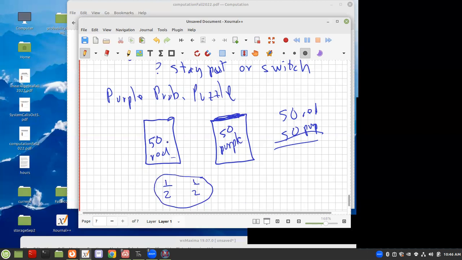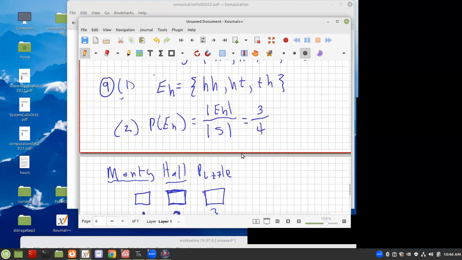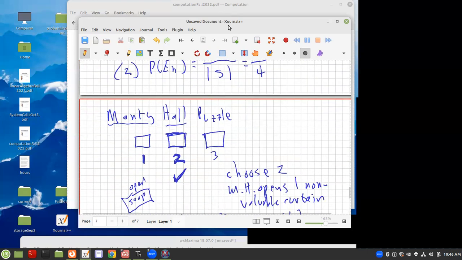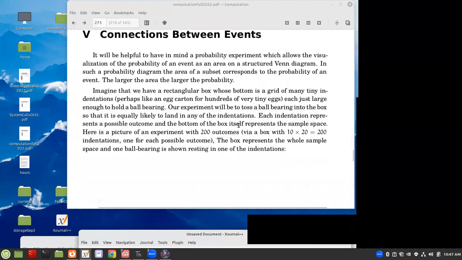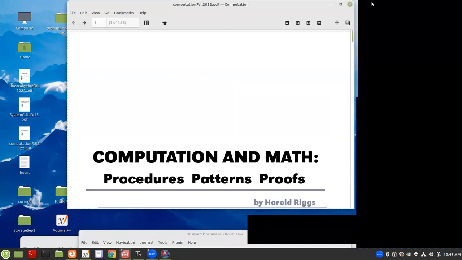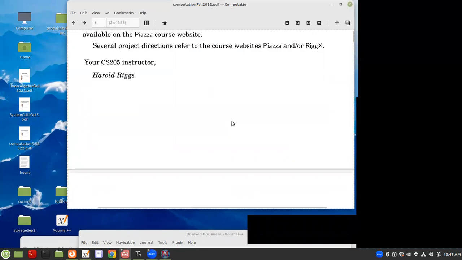So what you want to do is go and think about it. Everyone can think about this, and we'll come back, because you may be able to come up with the right answer intuitively. Why don't you think of it for next week, because we're going to deal with some of these puzzles next week. We have to first deal with conditional probability, but then if you look at the end of the chapter